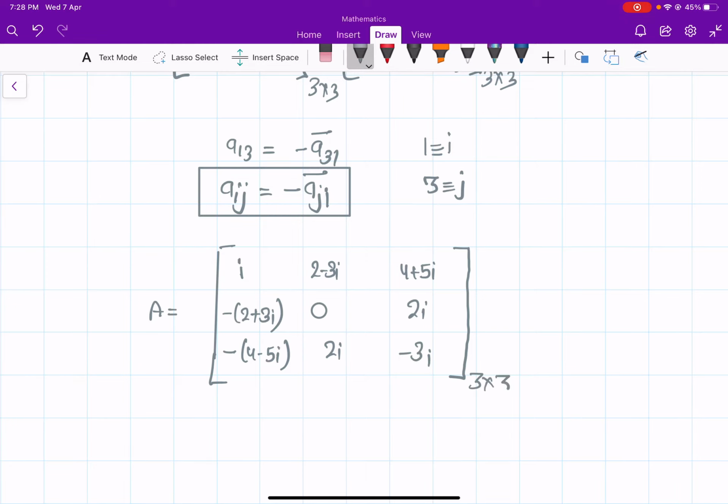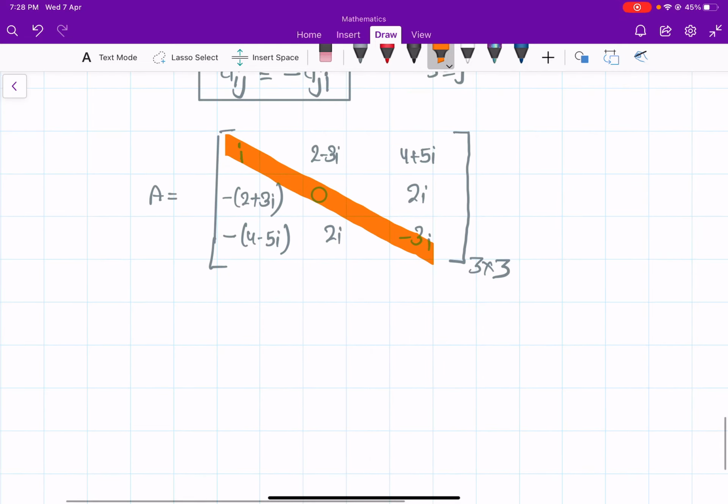This is of order 3 cross 3. If we look here, you can see the diagonal elements are either 0 or imaginary. So in a skew Hermitian matrix, the diagonal elements will be